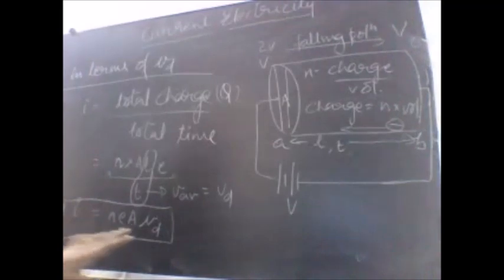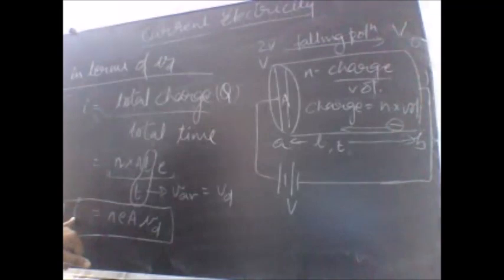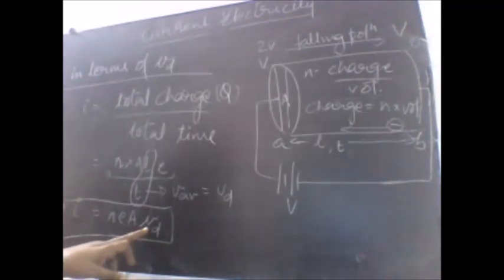I have not put vector sign anywhere since I am taking current here as a scalar quantity. But before this small portion, I explained that current is neither a scalar nor a vector, it is a tensor quantity, because the scalar addition rules are valid for the current, but since it is having a direction also, saying that current is purely a scalar is not correct, but that is beyond the limit of our syllabus in class 12. So we'll consider that current is a scalar quantity, but we need to justify that the drift velocity is a vector quantity.